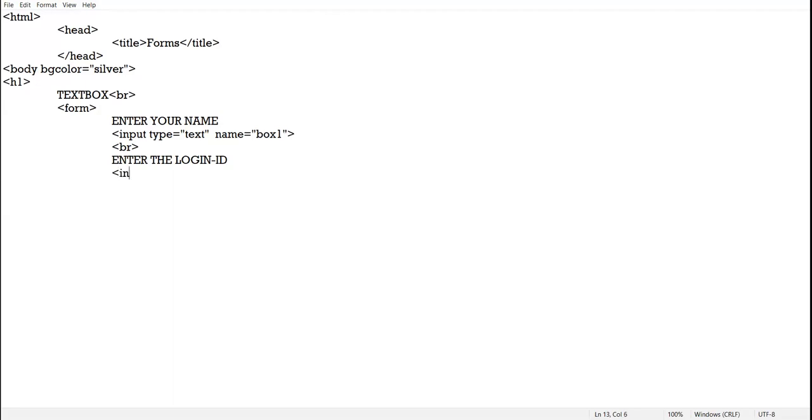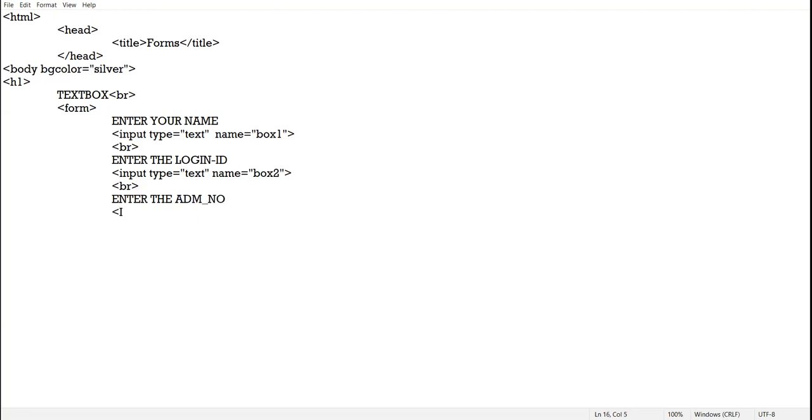Again, you want to create the text box. Input type equal to text. Name equal to box2. Again, BR. Third label, enter the admission number.